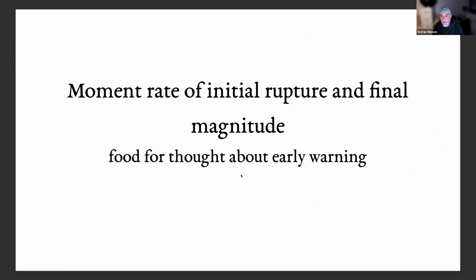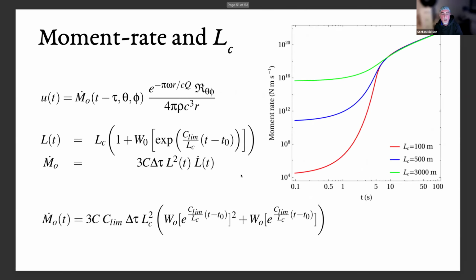So if you believe that there's this correlation, then there's a case to make about observing slower nucleation phases and bigger breakout phases on large faults that are susceptible to generate larger earthquakes than on smaller faults, which are more segmented and which may correspond to the case of intraplate faults versus interplate faults. So now let's go back to seismology a little bit.